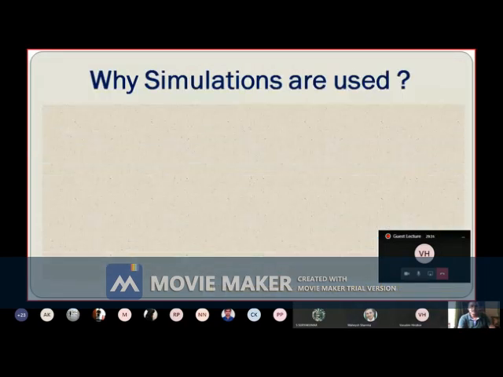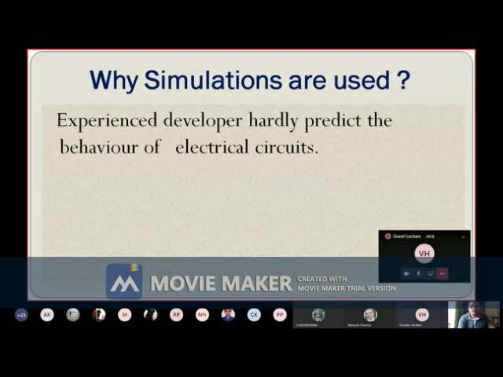First of all, you have to understand what simulation is. Simulation means you are performing practicals or modeling virtually. You are simulating. You are not doing actual things. Even an experienced person or scientist finds it very difficult to predict the behavior of electrical circuits.